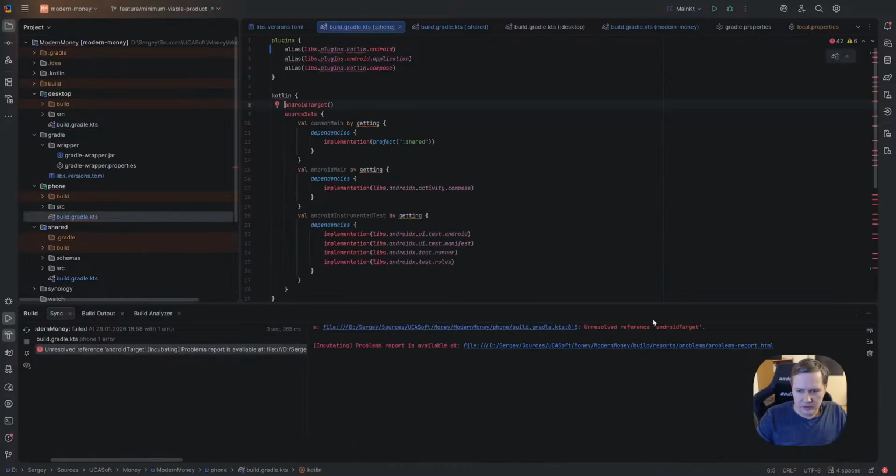I'm pretty sure that right now it's fail. Yes, because we don't have Android target. Now we should have Android library. Why library? So maybe we just don't need it at all.